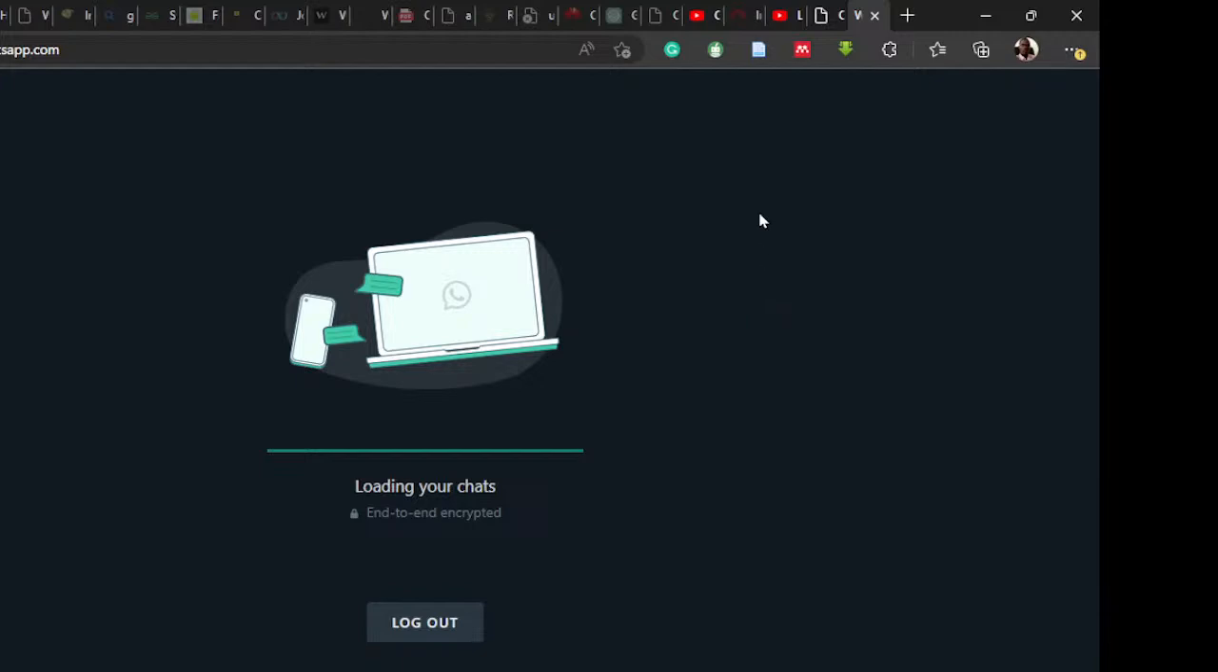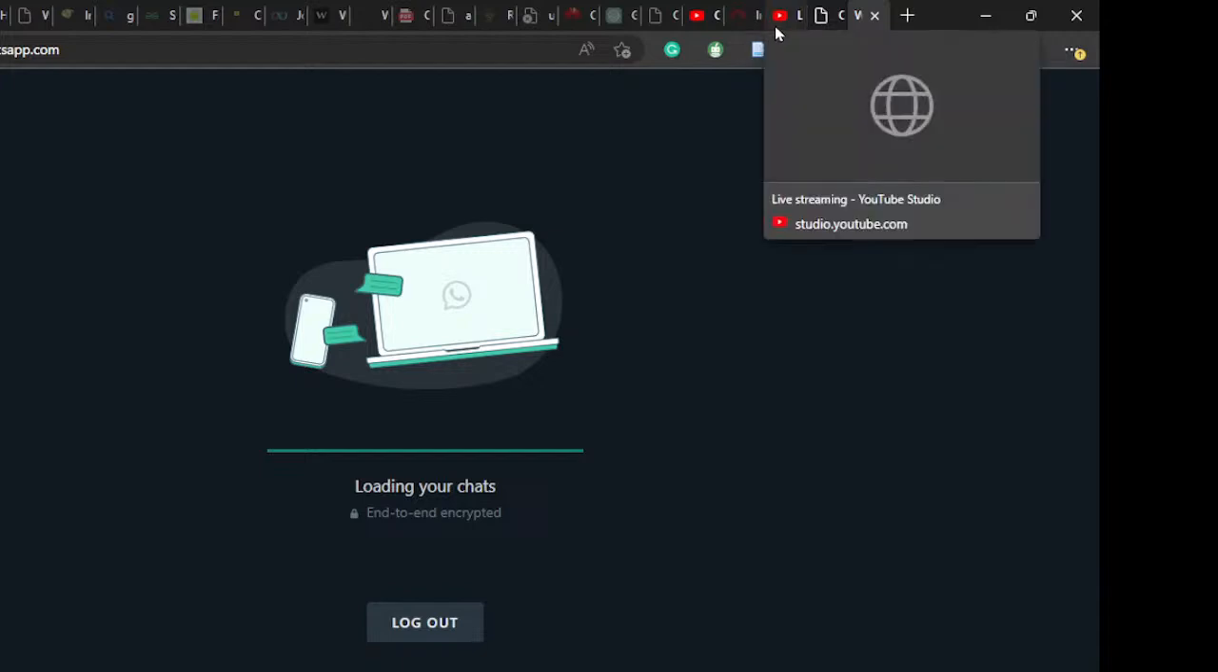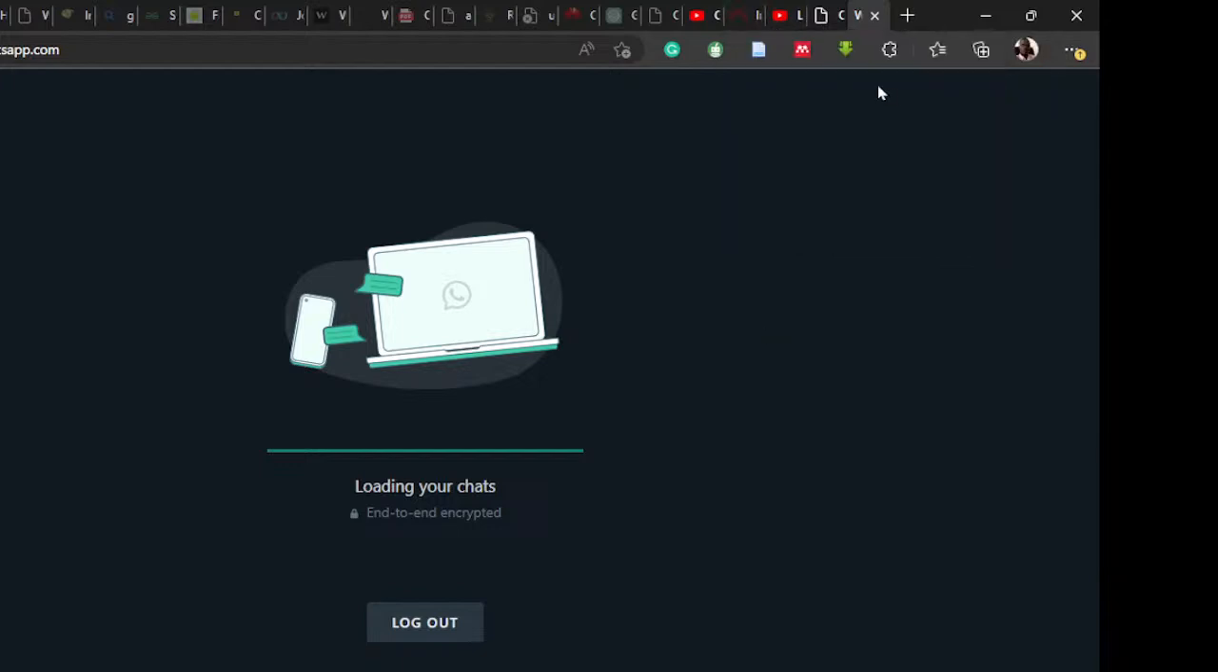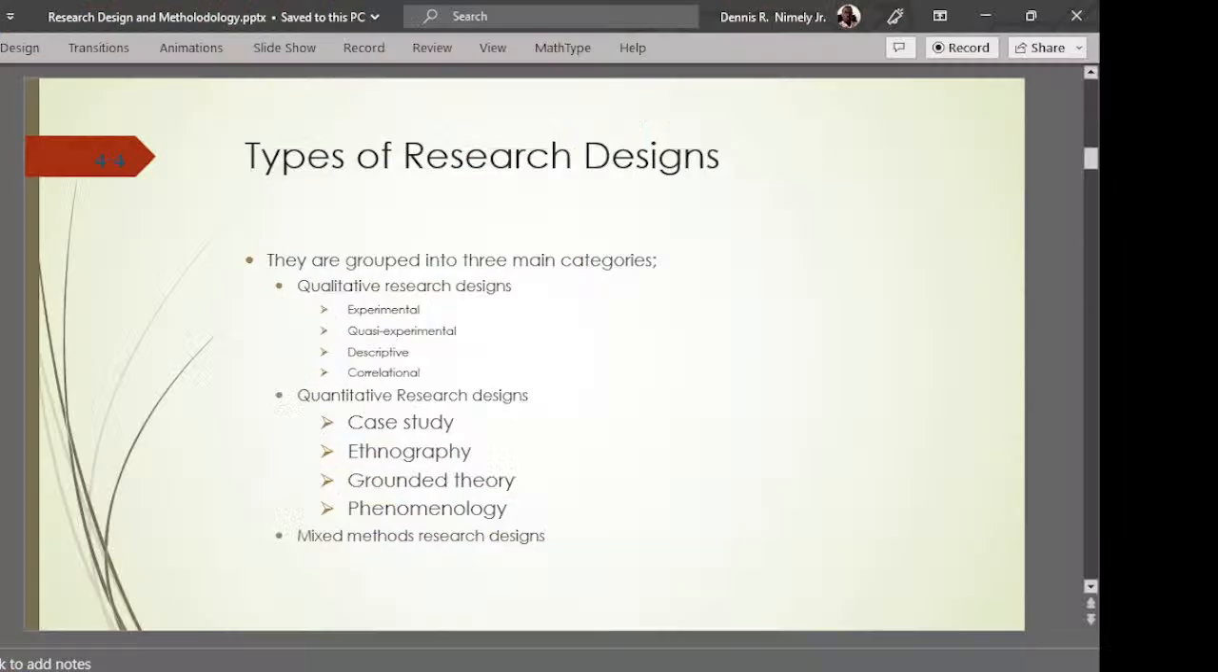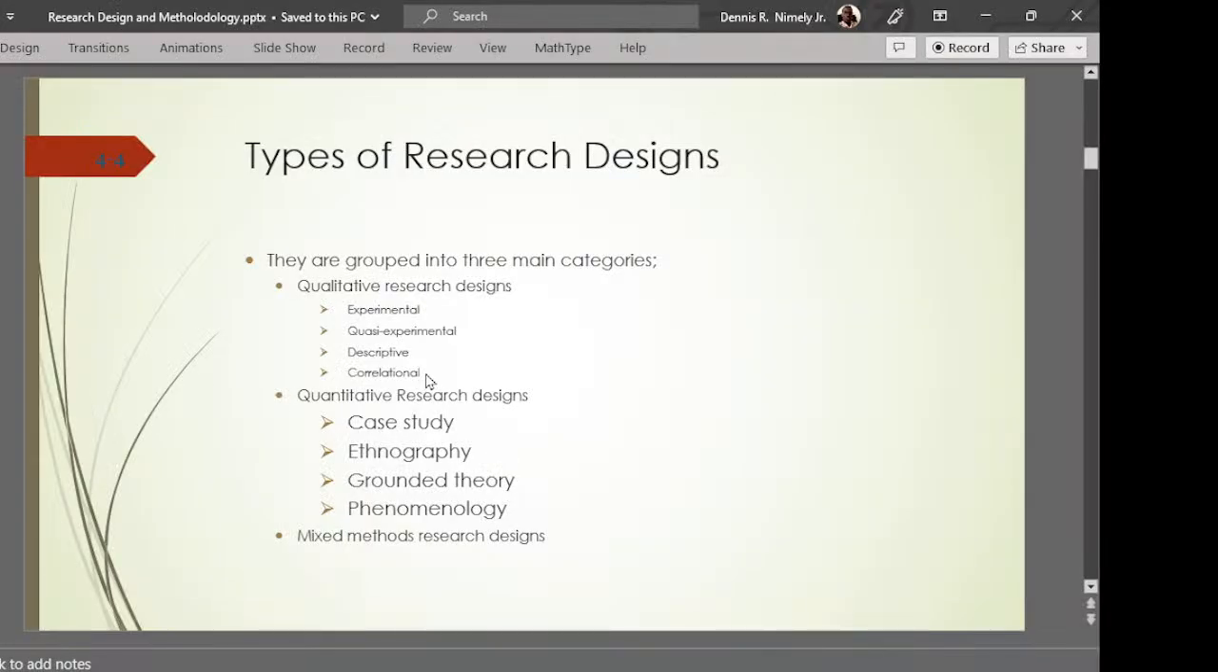The quasi-experimental design does not apply a control variable. You may not have a control population. That is experimental. The other part,